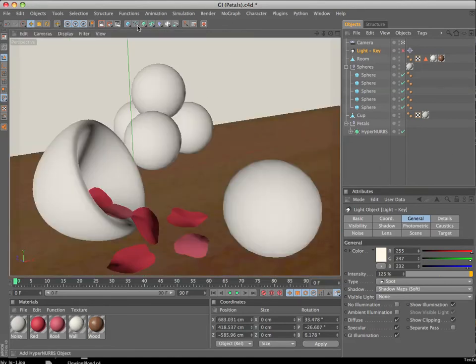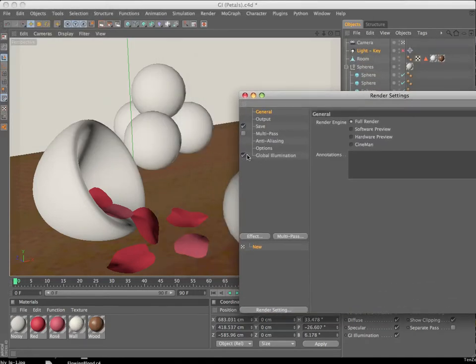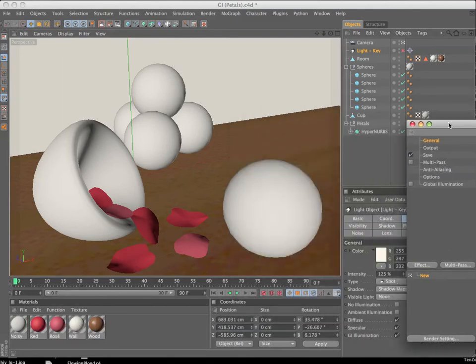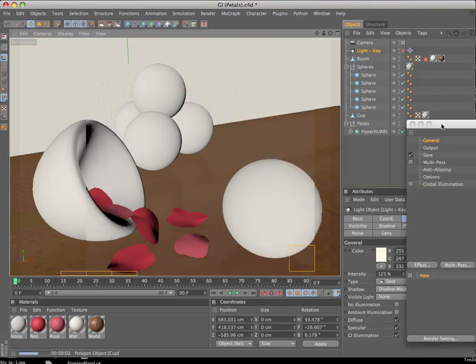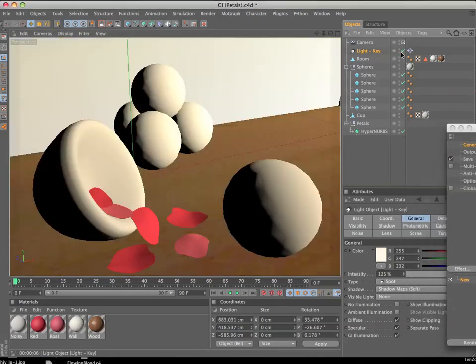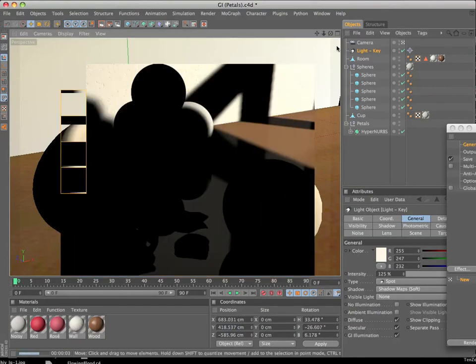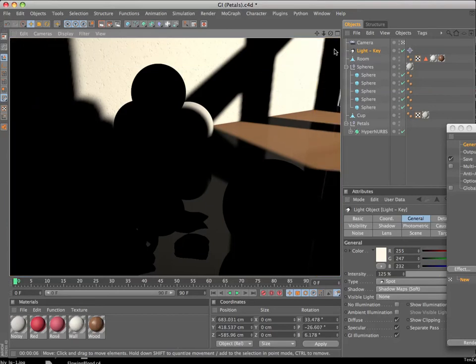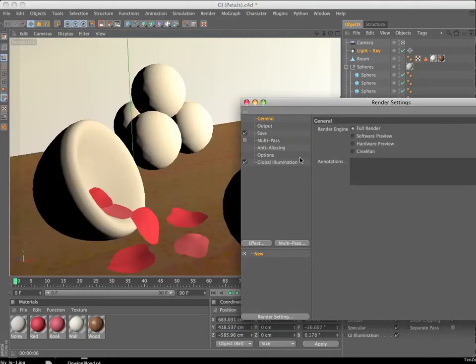And what that results in, if you do not use this technique called global illumination and you have shadows turned on in the light, is a pretty dark scene where the ray tracing that's being used calculates a single ray of light. Once it hits an object, it calculates how that light is reflected back to the camera and how it's perceived in the final image. But when we turn on global illumination,